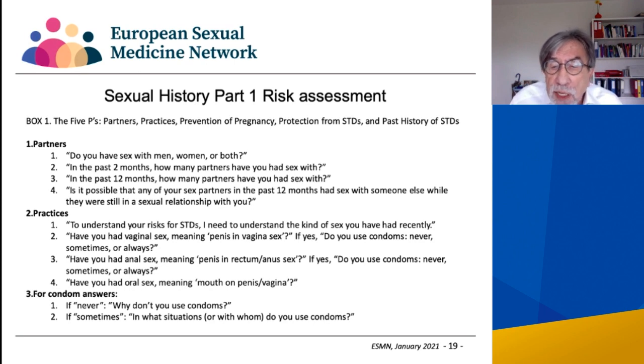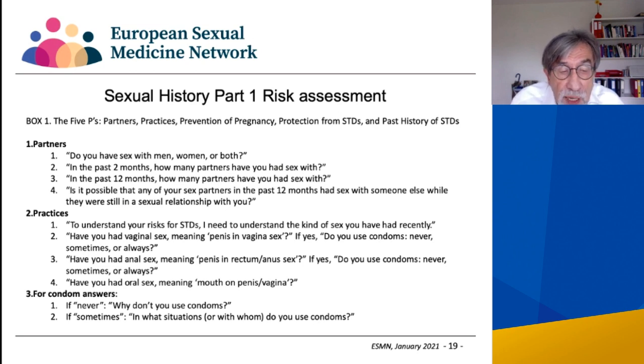I need to understand the kind of sex you have had recently. Have you had vaginal sex, meaning penis in vagina? If yes, do you use condoms? Never, sometimes, or always? Have you had anal sex? Have you had oral sex? So, of course, these questions have to be developed in the context of a trustful relationship, but the questions have